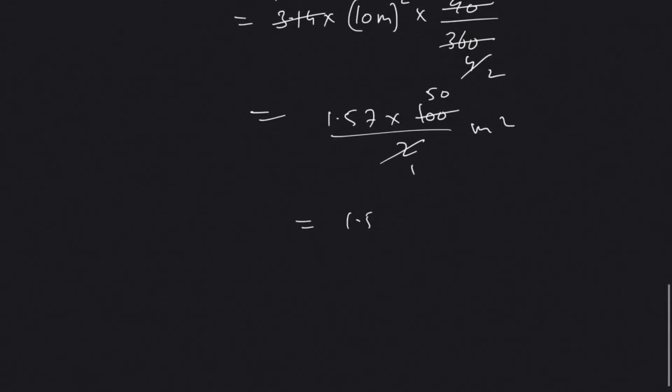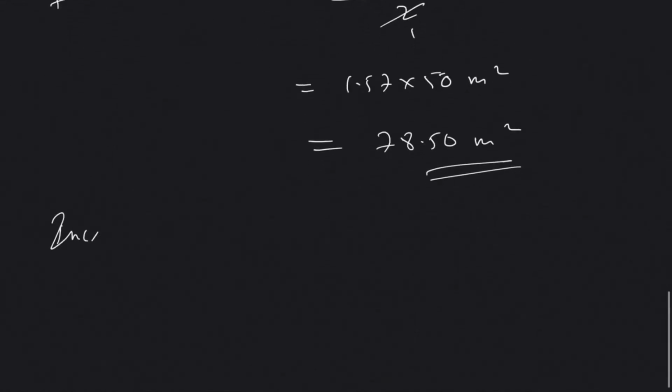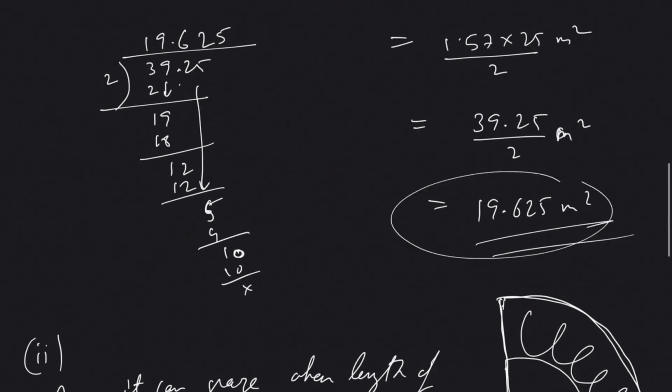2 1s are 2, 2 50s are 100. So 1.57 into 50 meters square. So that will be 1.57 into 5. 5 7s are 35, 3 left, 25, 28, 2 left, 7, 1, 0. That will be 2 decimals. That's 78.50 meter square. So now the increase in area will be 78.50 meters square minus the area which it